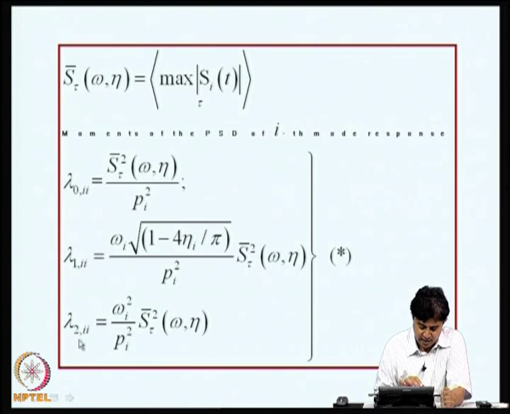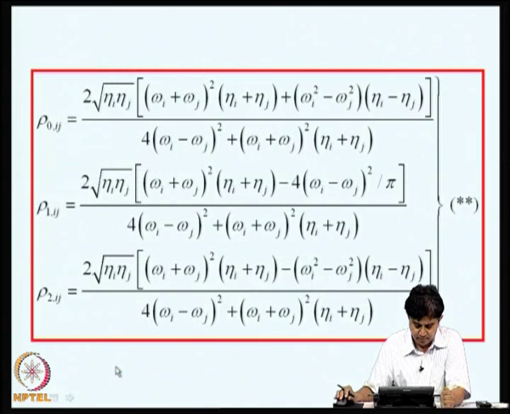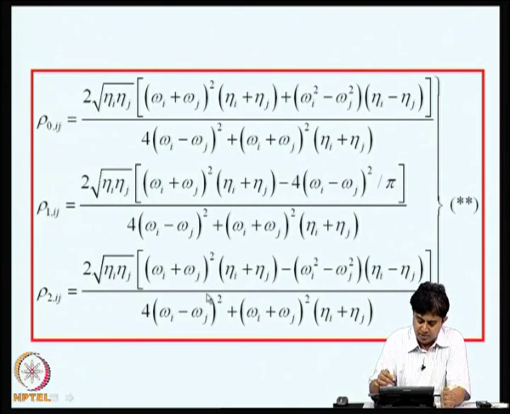Similarly, I get lambda_1ii and lambda_2ii in terms of the given quantity S bar of tau and the peak factors P_i. Now, we have already shown these expressions. Now, we are going to utilize them